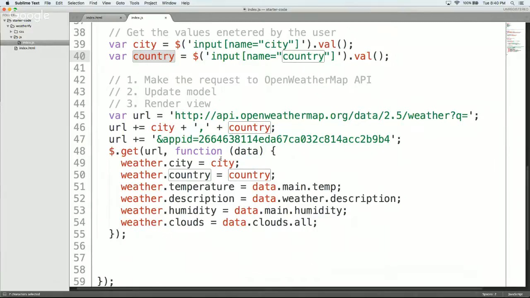So is that for the unit clarifiers helps? Mm-hmm. It has options to switch to metric and imperial. How would you switch it? How would you choose the default? Yeah, so you're right. The default for this endpoint is going to be in Kelvin, which is not particularly helpful for Westerners or actually anybody. But what we can do is configure this endpoint by saying, hey, instead of giving us Kelvin,